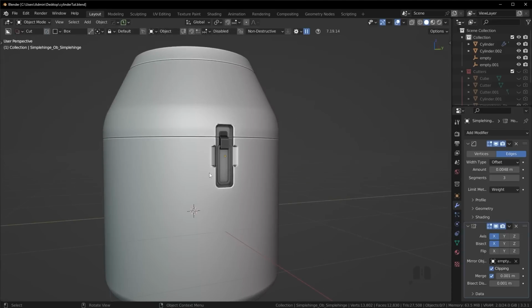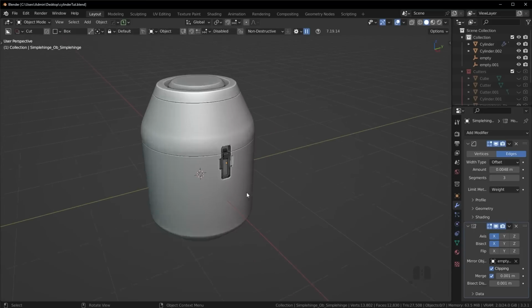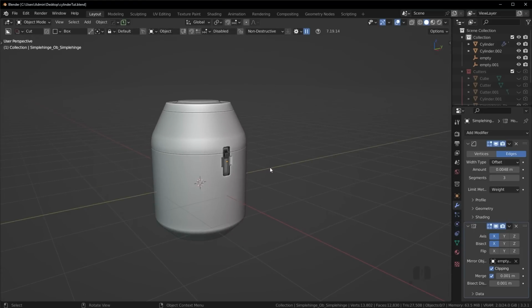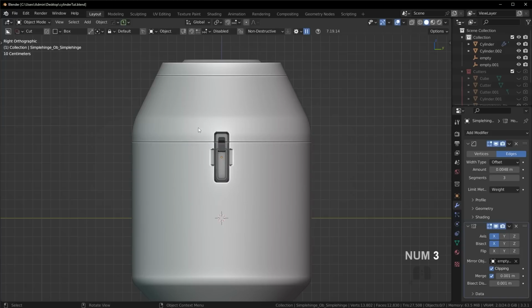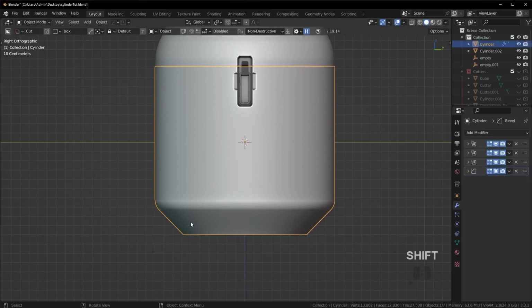So that's the importance of adding in these smaller details that also imply functionality. They really make the form look a lot more interesting as well. So I definitely like how this looks. We can take a look at the front. Looks great. And now what I'm thinking we could do is maybe introduce some sort of little trussing effects here